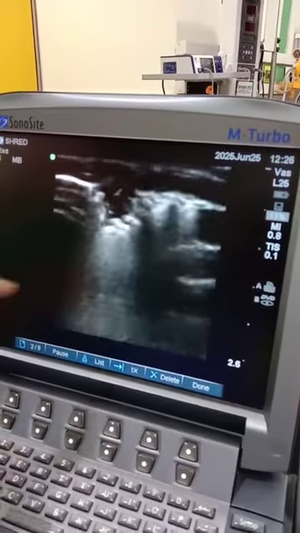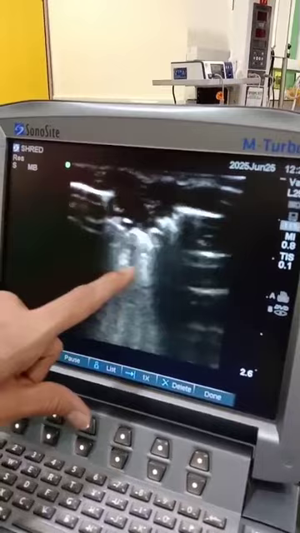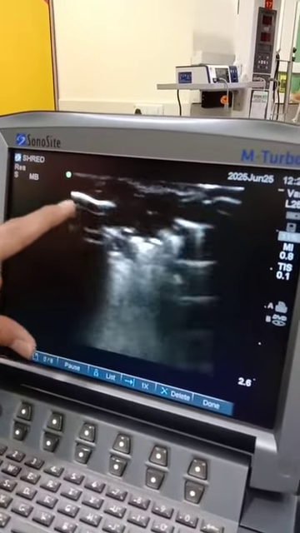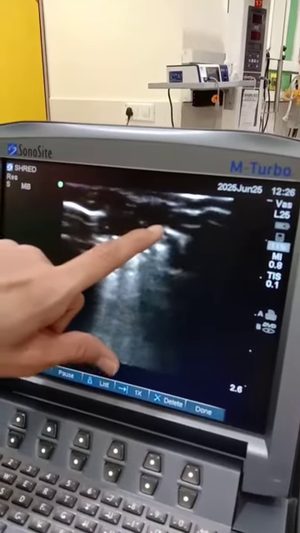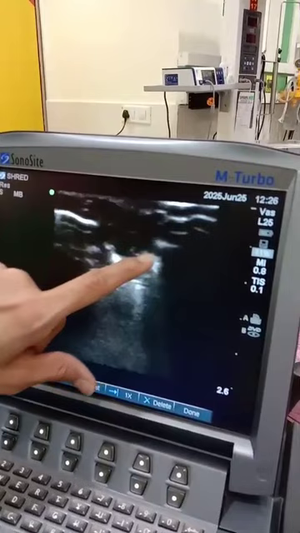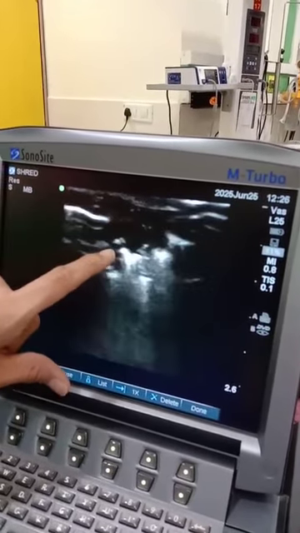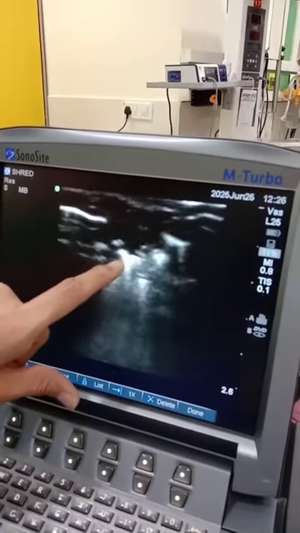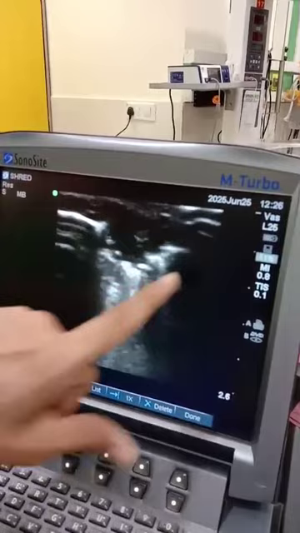This is again the right anterior region which I had scanned. Look at this, this is a huge shred sign. What does shred sign mean? One point is that the pleural line is not well established. Second point is that it looks like torn paper, right? And you can see the air bronchograms here, which are white hyperechoic patches, and this is A profile.